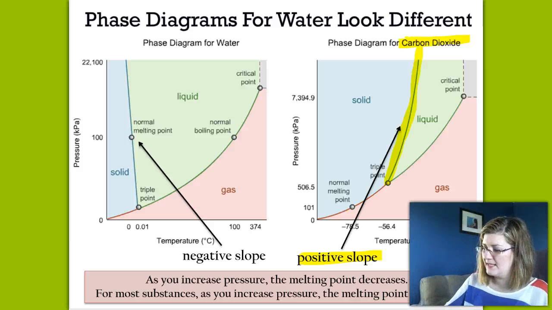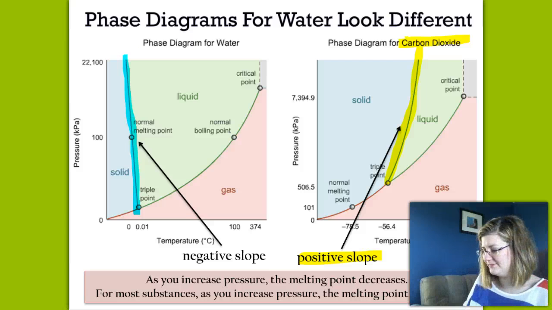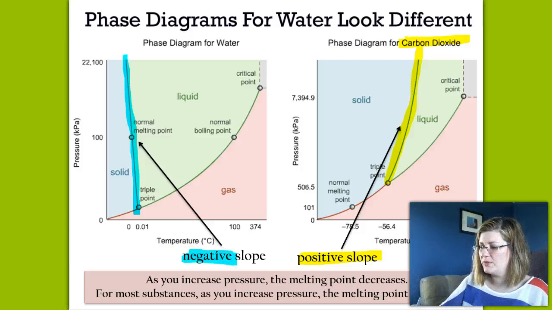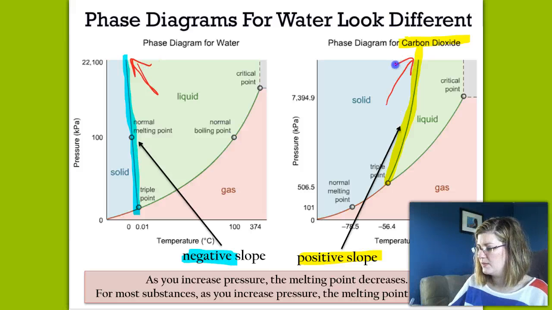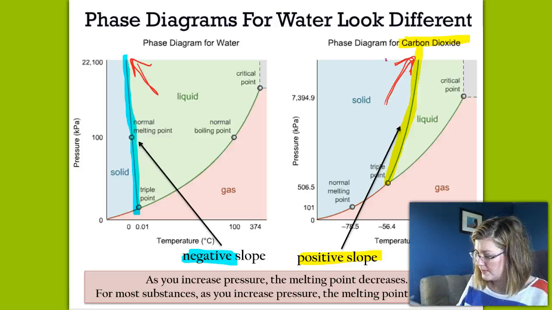If we were to calculate the slope of that curve, it would be positive. And you can see in this example for the phase diagram for water, it sort of leans to the left. It's the Leaning Tower of Pisa. It's a negative slope. It goes slightly in the opposite direction, right? This one leans this way, and that one leans the other way. That's referred to as a negative slope. So in water, and this is why we can get all three phases in the temperatures we see, as you increase the pressure,